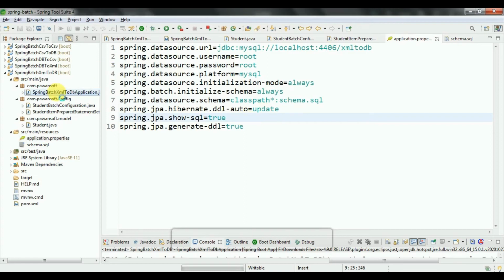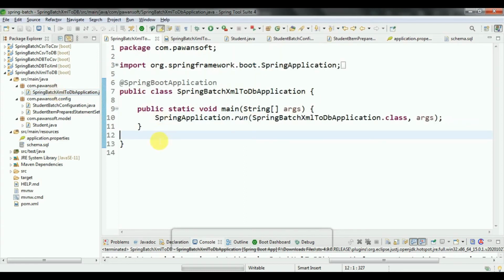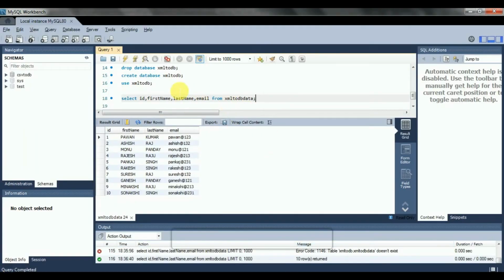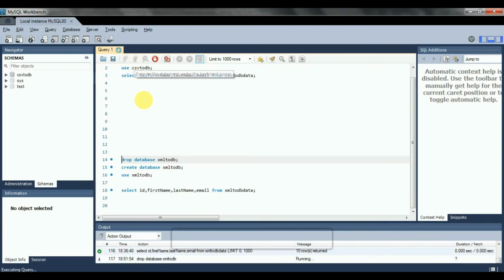So before running the Spring based project, I am going to create this database.